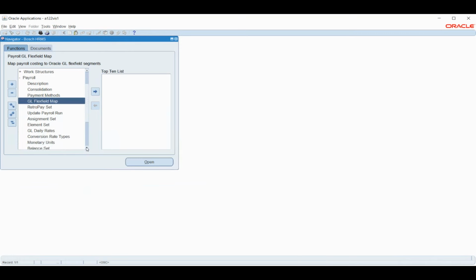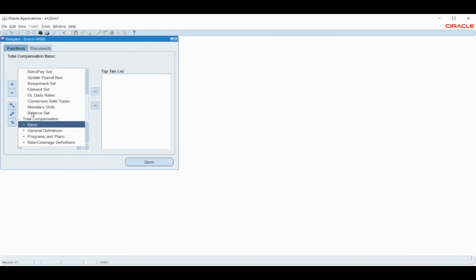Okay. So next step, I'll define a few items, few elements. Okay, so let me go here. So instead of giving it in the element set, I'll directly create here in the earnings. So both are the same page.